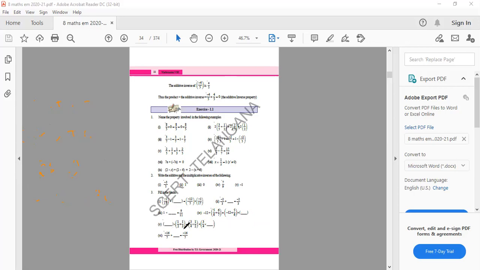Now this is what distribution over the thing. 1 by 2 plus 1 by 3. Here what you have to do is the fifth one. 3 by 4 is missing. Yeah, 3 by 4 is missing. Next, 1 by 3 is missing. Then you can copy like that. Okay. Now the next one.